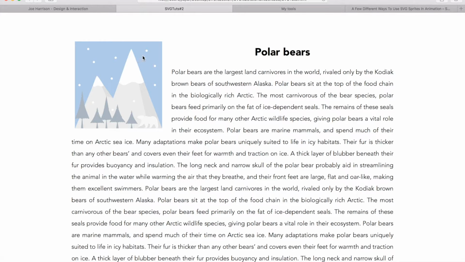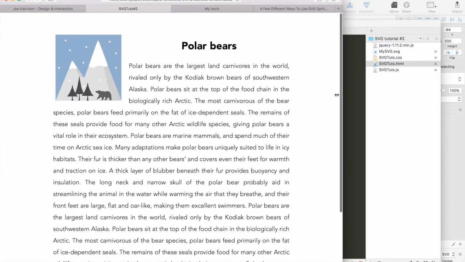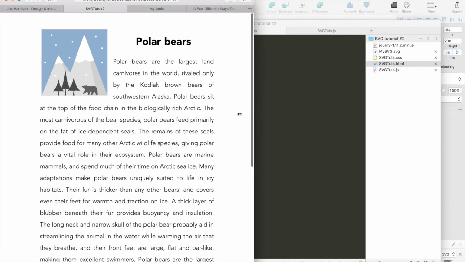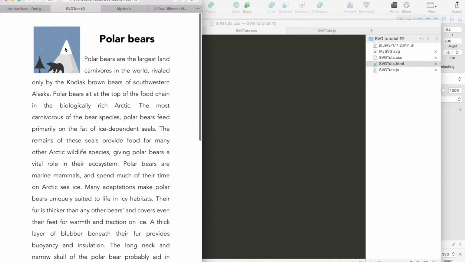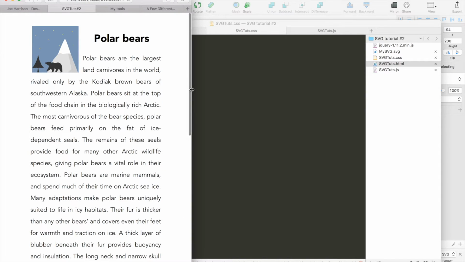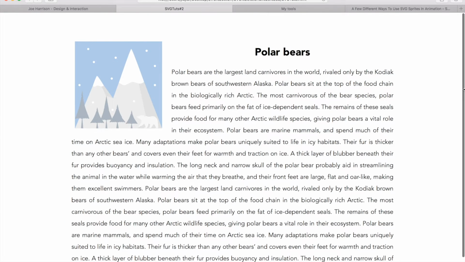So we're going to be animating snowflakes on the larger image and also snowflakes on the medium image, and these little stars that are on the smallest image. So the snowflakes will be moving like they're falling down, like it's snowing, and the stars will be blinking. So we'll be changing the opacity of the stars, and we'll be translating